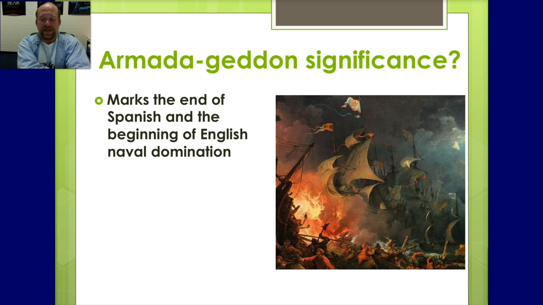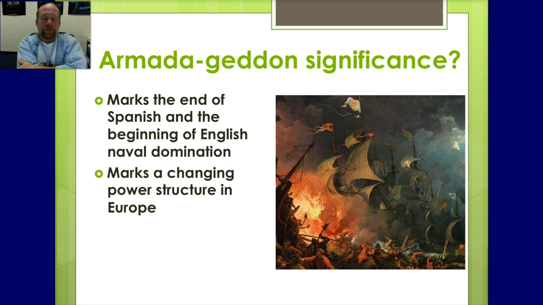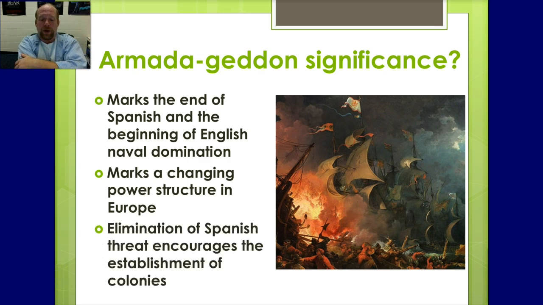Okay, what's the significance? This is one of the most famous paintings of the battle between the English and the Spanish. It really marked the end of the Spanish exploration run, and it also marked the beginning of English naval dominance. The English Navy was one of the most powerful naval units until the United States came along. Also, the Spanish at this point were pretty much the dominant European power. England showed at this point, Spain, it's time to give up the ghost. We're overtaking you. So England actually moved ahead of Spain in the European power structure.